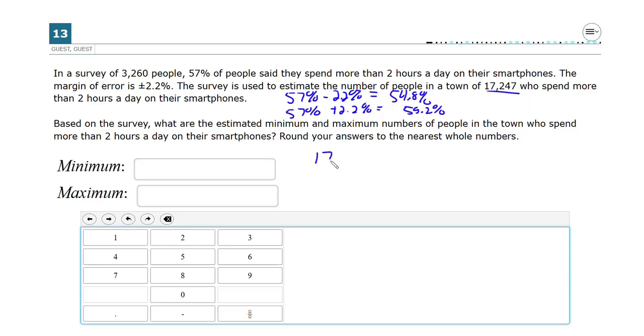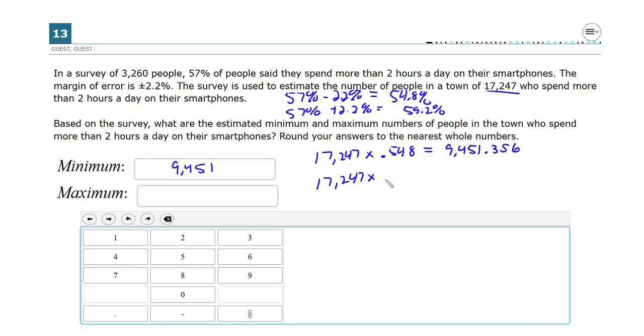So when we do 17,247 times 54.8% as a decimal, that's 0.548, we get 9,451.356. So if we round this to the nearest whole number, that's 9,451. That's the minimum number of people in this town who spend more than 2 hours a day on their smartphones. And then when we do